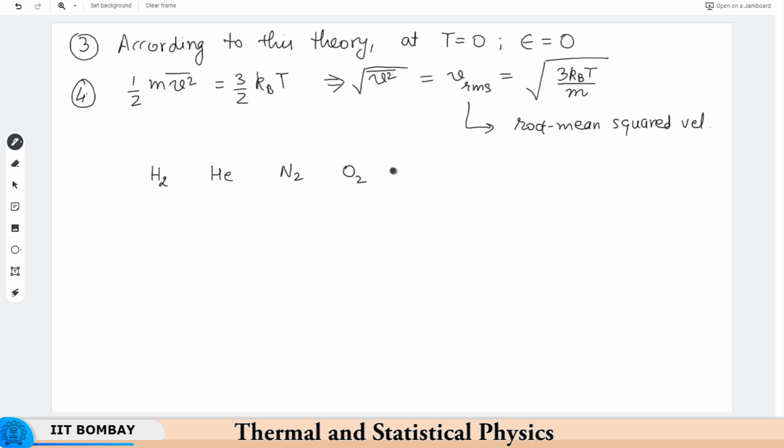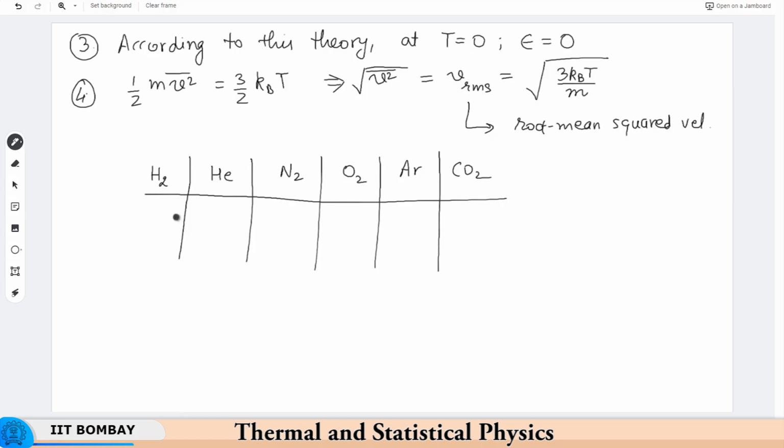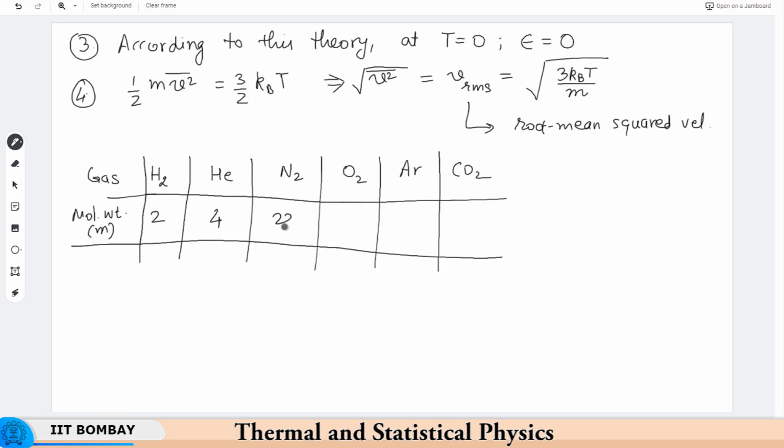We can take a few examples: argon, carbon dioxide and so on, and they all have a certain molecular weight, which is m. This molecular weight in atomic units is basically 2, 4, 28, 32, 40 and 44, and if you plug these numbers in, you can get Vrms